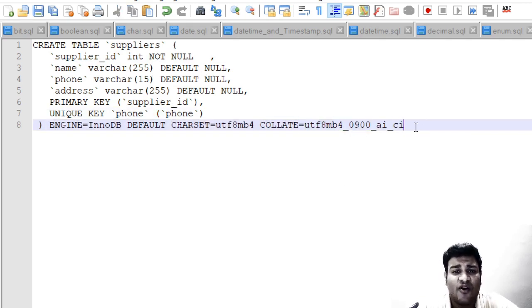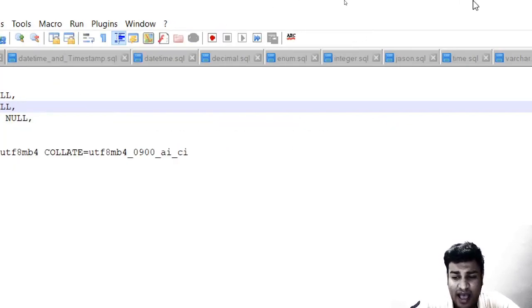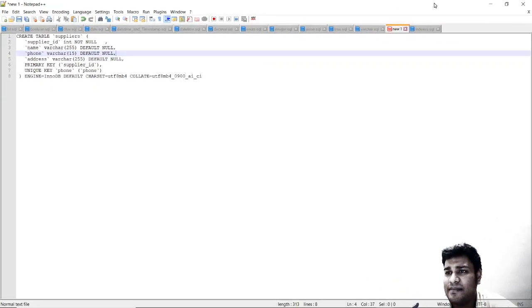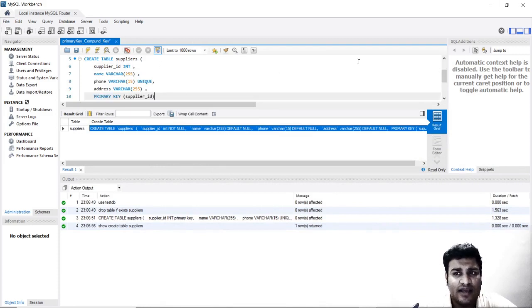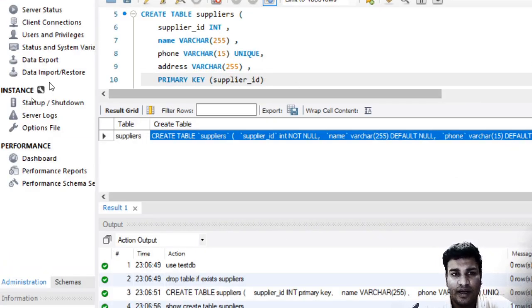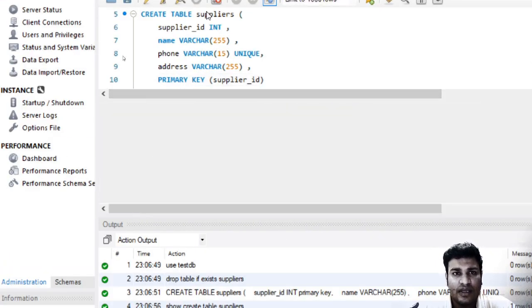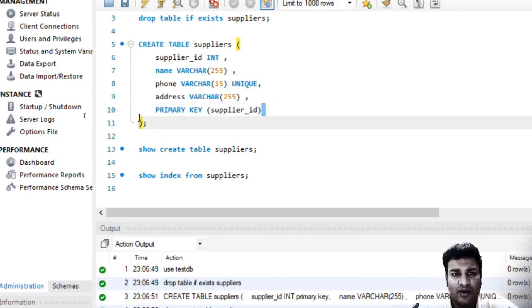So these are the default values which the system has picked by itself, and then it is marking up the primary key. So again, in the same way, you can give the primary key over here, or else you can give the primary key like this. You can see over here, you can give the primary key like this. Here you can see that I have given the primary key now like this.